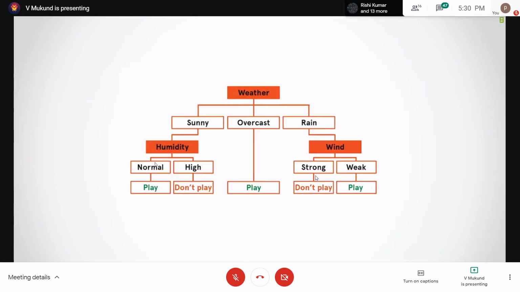So it forms a section that when it detects the weather to be sunny and humidity to be normal, tennis can be played on that specific day. Now let's head over to the rain section. So when it is rainy,